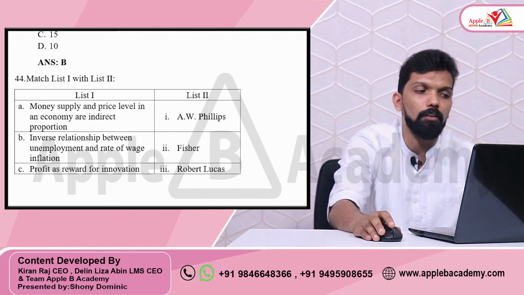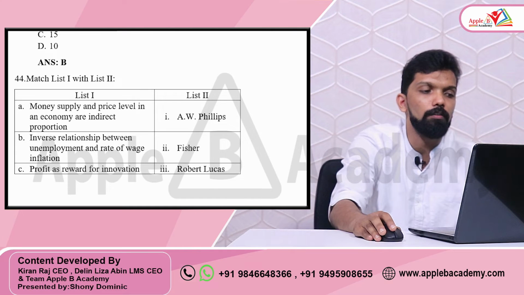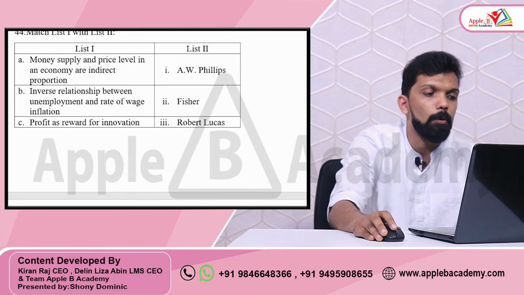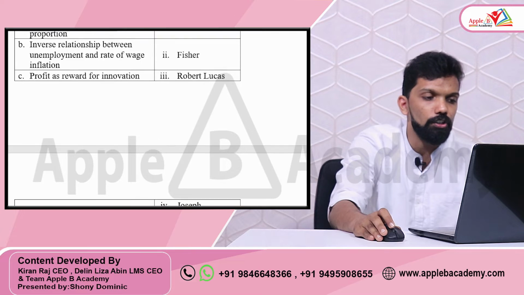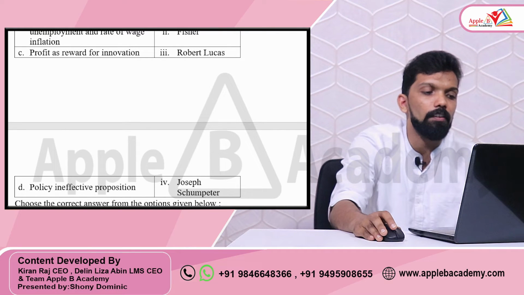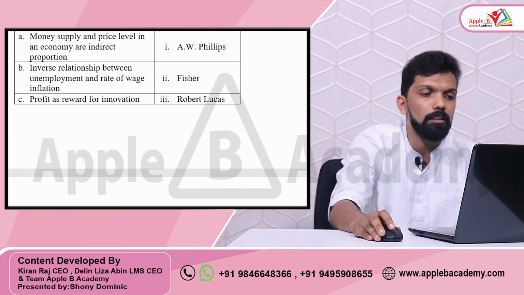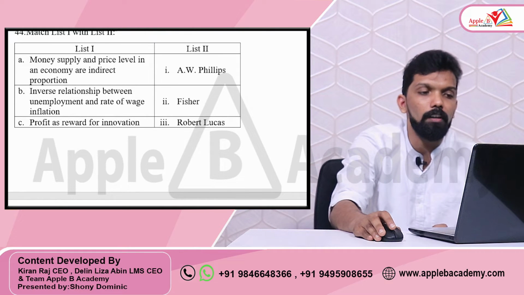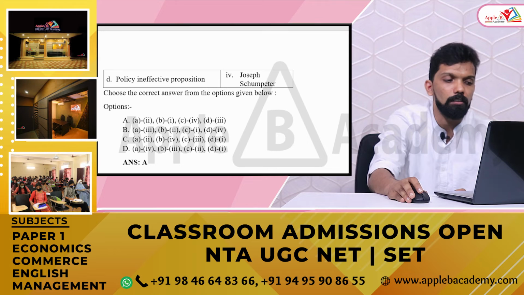So question number 44, match the following. List 1: money supply and price level in the economy are in direct proportion; inverse relationship between unemployment and the rate of wage inflation; profit as a reward for innovation; last one is policy ineffectiveness proposition. In list 2 we have A.W. Phillips, Fisher, Robert Lucas, Joseph Schumpeter. The right answer for this question is option A, which is